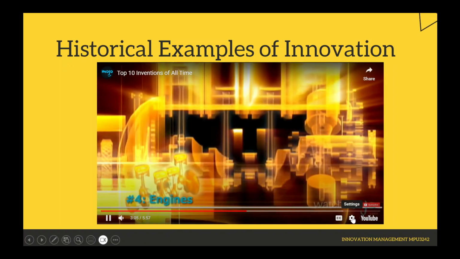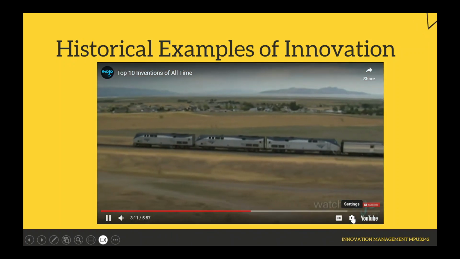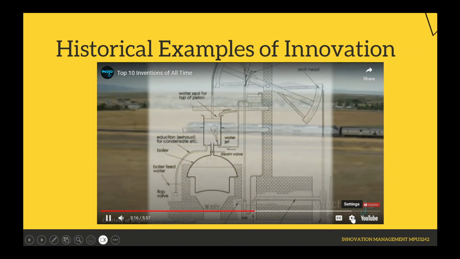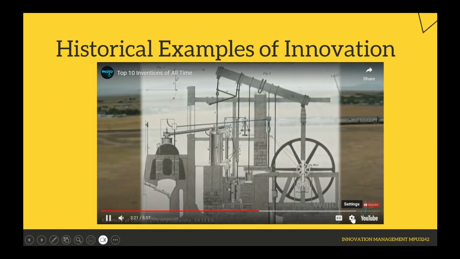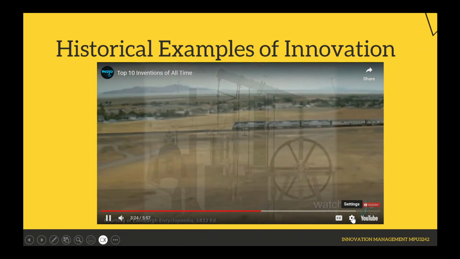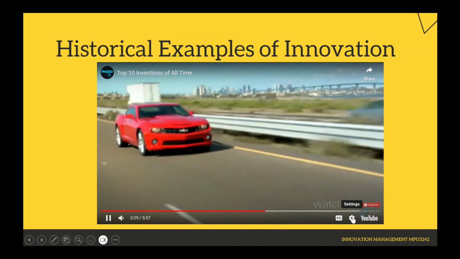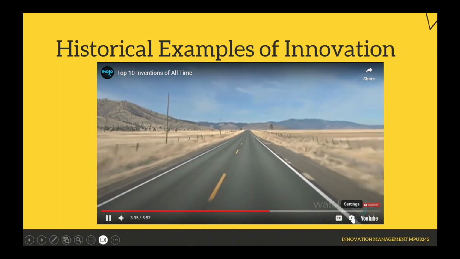Number 4. Engines. These engines got industry and the population moving. Instead of relying on horses as transportation, people traveled across the countryside via Thomas Newcomen's steam engine as of 1712, which was improved upon by James Watt later that century, quickly becoming the backbone of society and sparking the Industrial Revolution. Internal combustion ultimately replaced steam and ushered in the Second Industrial Revolution, and allowed individuals to affordably travel great distances.